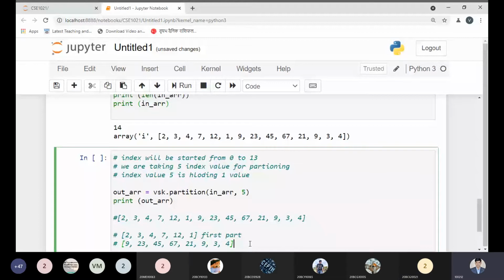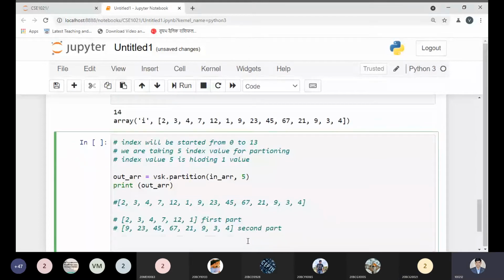Okay. Since we are partitioning an array, after partitioning we are not holding its divided part. After the divided part, we are not holding it by any variable. So what will the out array variable do? Just let me type over here.